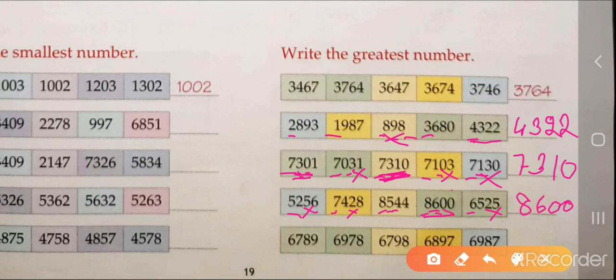Okay, so next one, this is 6, this is 6, this is 6, 6, and it is also 6. So check the place value of hundreds. So this is 7, this is 9, this is 7, this is 8, and this is 9. So 9 is greatest, so we will cut these numbers. Again we will check the place value of tens. So this is 7 and this is 8, then 8 will be greater and the whole number will be greater. So we will write here 6 9 8 7.